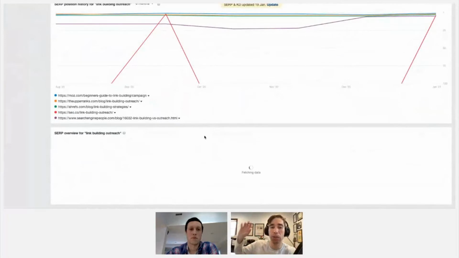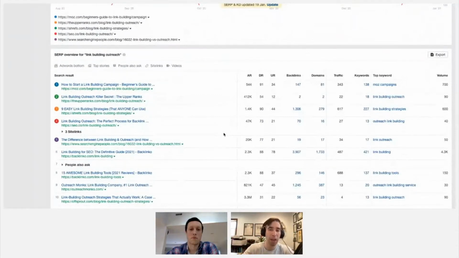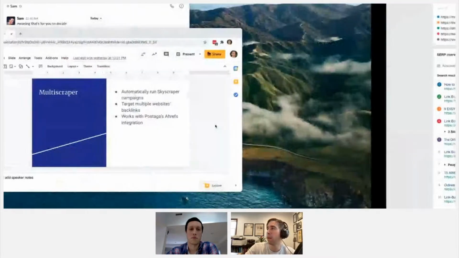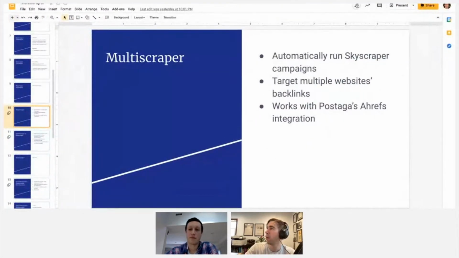I have to do separate Skyscraper campaigns for each of these target websites. But with Postaga's Multiscraper campaign, which I'm just about to get into, you can do all of this from one campaign. So let me show how that works.